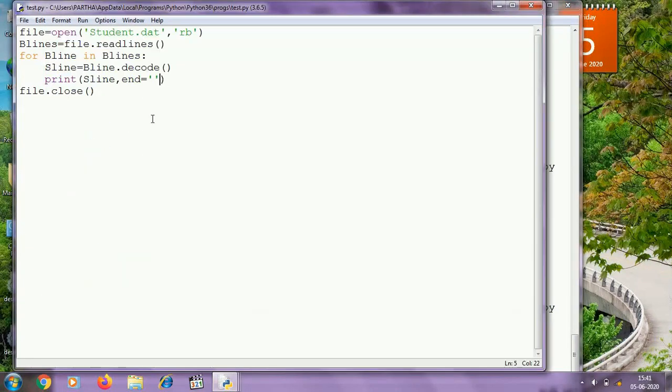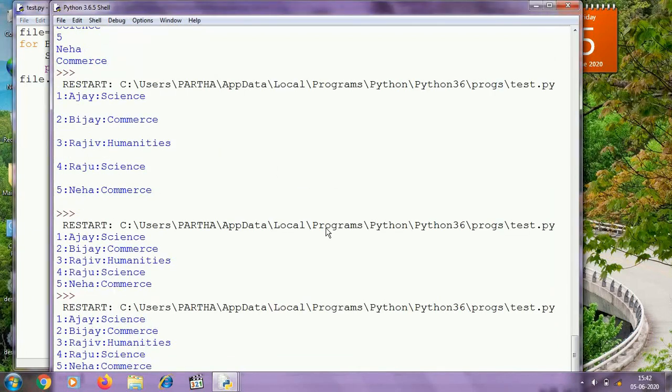Okay. Now I am going to show you how to fetch lines using file object. for bline in file. So for each iteration we can get the binary lines from the file, and it will be stored in the variable bline. So I am going to convert these binary lines to string lines, and after conversion, here I am printing the string lines. Let's see the output. You can see it is fetching the lines from the binary file one by one.